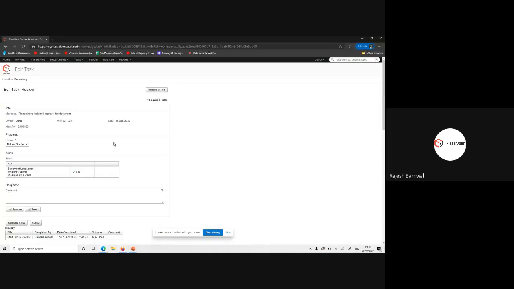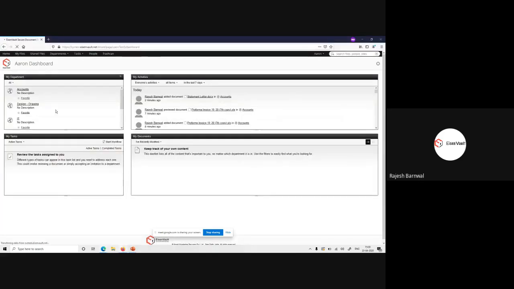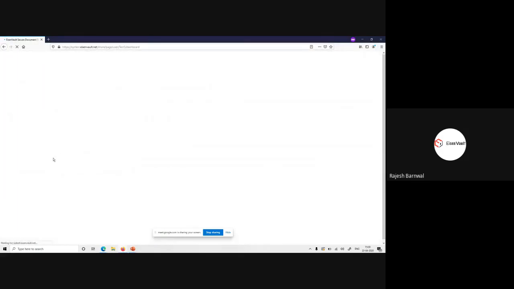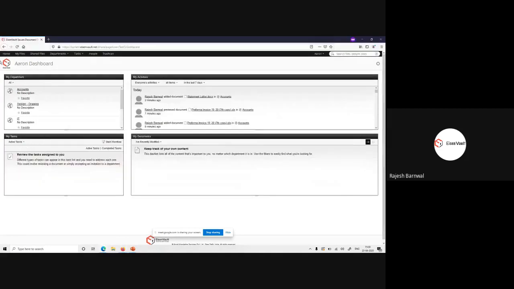Let's say in the meantime he wants to release it because he doesn't want to work on it. If any status is in progress, whatever status he puts, it will go to the initiator who initiated this document, who can see the status. So let's say release this pool. Once I release this pool, it will go to the other two users in that group. Okay, so again you see the document is received by Aaron and also David.